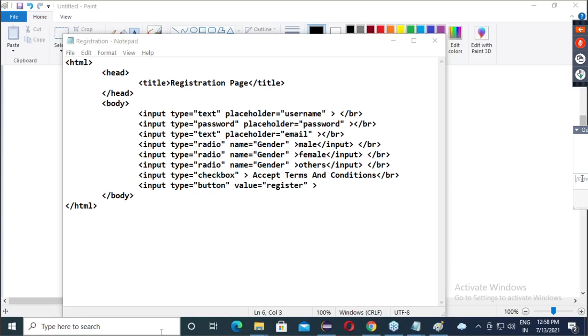Nothing but, guys, in any web page, any application, what are the things you will find there? What types of elements will you find over there?